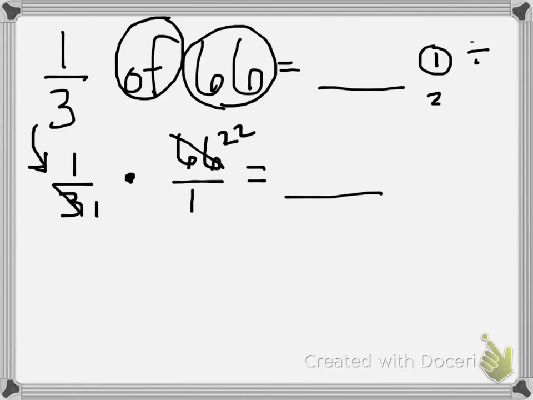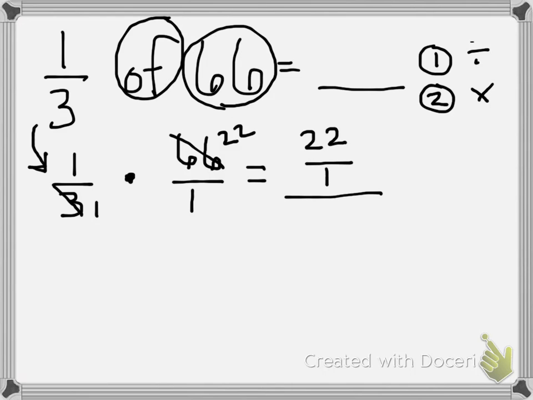Now, the second operational step in solving a fraction of problem is to multiply. Now, what do we multiply? Well, we're going to multiply straight across. Let's work on the denominators first. 1 times 1 equals 1. Now for the numerators. 1 times 22 equals